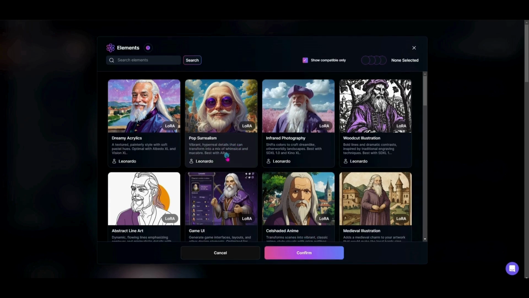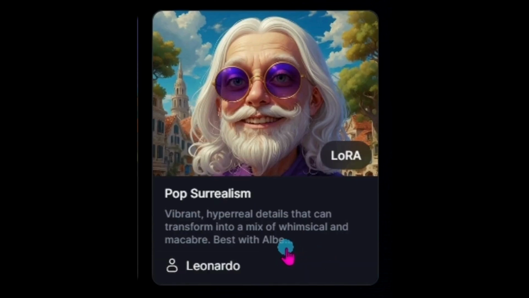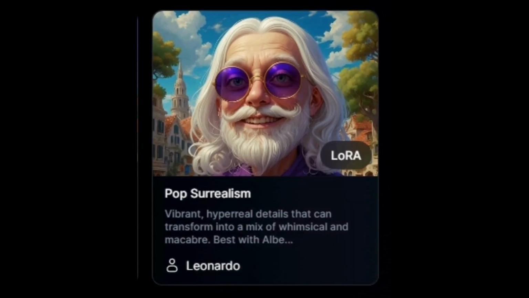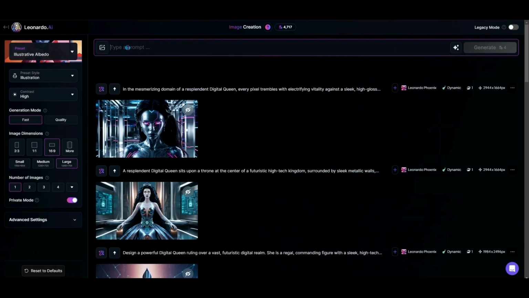So in order to do that, let's go ahead and start with the Pop Surrealism. Best with albedo. So good. We're already in there. So we're set to go there. I'm going to go ahead and select that. And for this, I'm putting in a very simple prompt of beautiful digital queen, magical high-tech realm, and pop surrealism. You'll notice that I'm using the word of the element because I've found that when I'm playing around and first seeing what the element is capable of, it is best to put that in the prompt to see the best